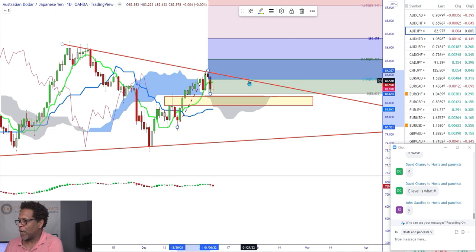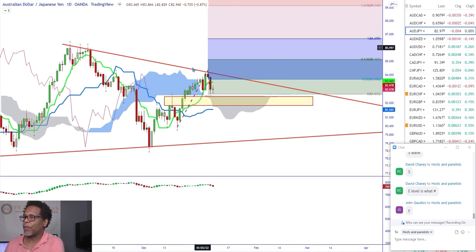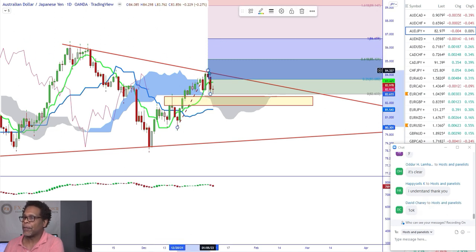E level is what number? I'm not sure what you're asking me by what number. But if you want to use the tool that I'm using, E level is going to be 161.8. The N level is going to be 1.0. So let's open this up. Let's show you what this is, how you could see this.